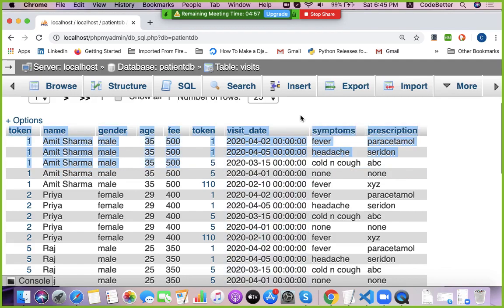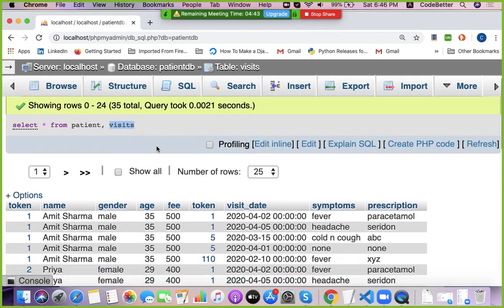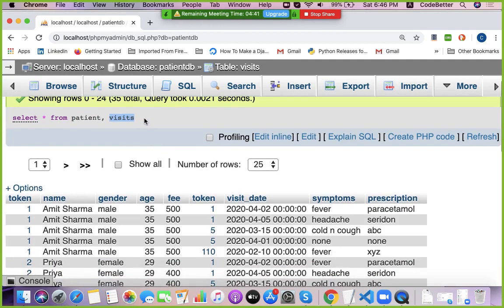What this syntax is doing is making all possible combinations. For each row of the patient table, it is combining all the rows of the visit table, which is not correct. It's a Cartesian product or a cross product, all to all, many to many.